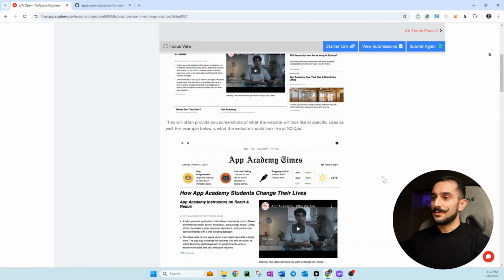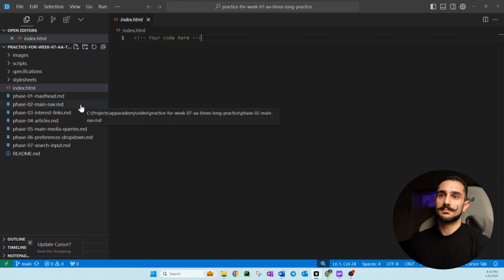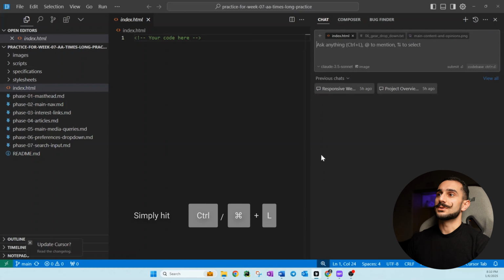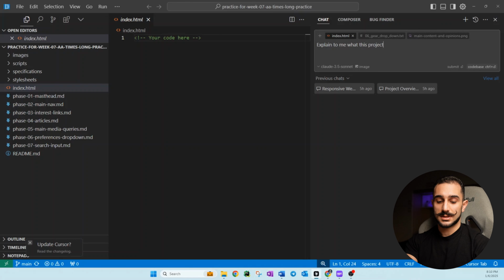So now moving to the environment of Cursor, I cloned the Git repository on my local, and this is basically the starting point. As you see, it's empty. Why not? Let's give it a try and ask Cursor what this project is about. So the only thing you need to do is to open the chat and ask, explain what this project is about.